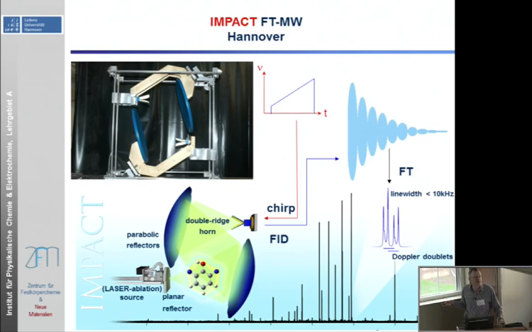So you can still make a broadband experiment, several gigahertz, and you gain the advantage of focusing the power, and you gain the advantage of having a similar situation as in the resonator by shooting kind of coaxially to your field. So compared to the setup where you have two horns and the nozzles above the horns, you have a longer interaction time, a longer transit time of the molecules after the molecules radiate. You have a lot more time to pick up the molecular signals. You get a narrow line again after Fourier transform with the longer signal.